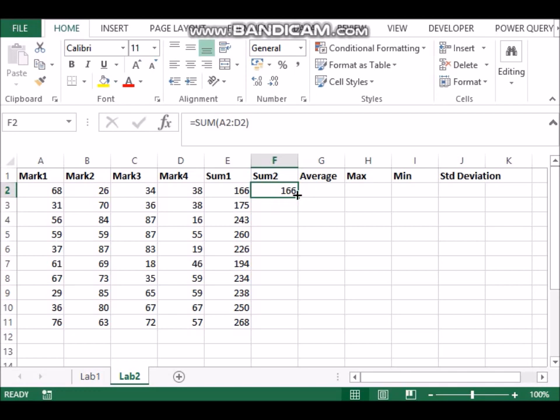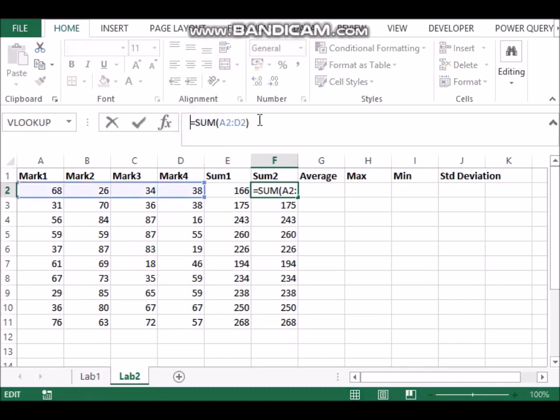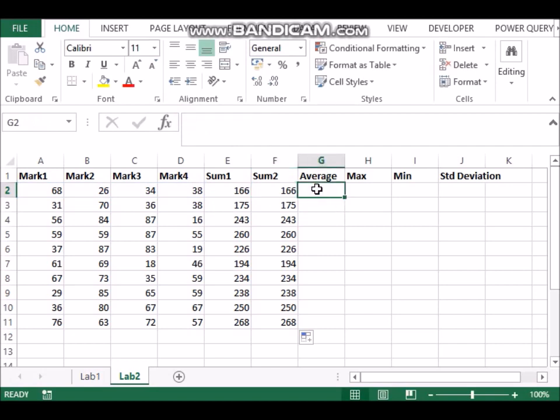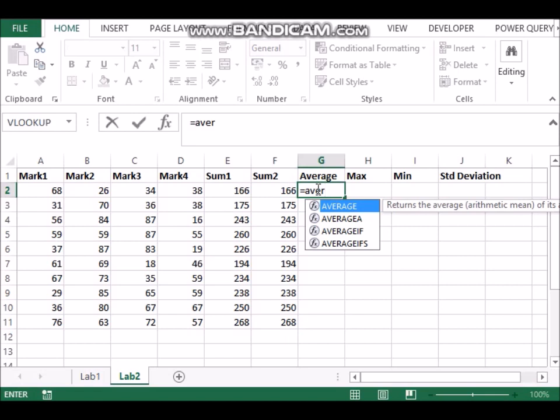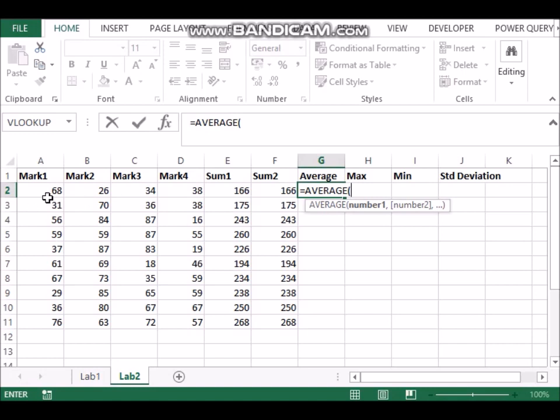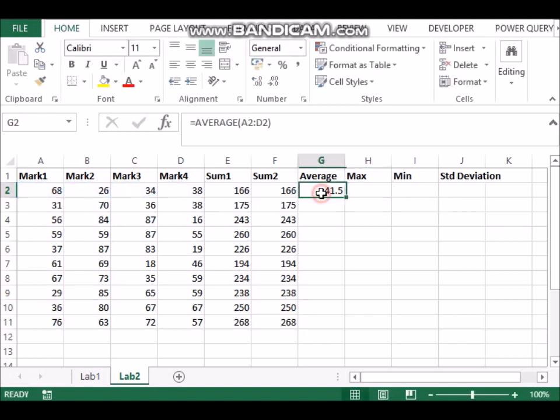It is the same answer, obviously, the sum of the 4 numbers. But now we have used a function, SUM, as can be seen in the formula bar. Can you see? The sum formula is applied. Now if I want to find the average, you could search for help on how to do it in Excel, but if you start typing the letters, it shows the example. The average function is there, and I could find the average mark between these 4 marks, and I could pull it down and I've got the average mark.